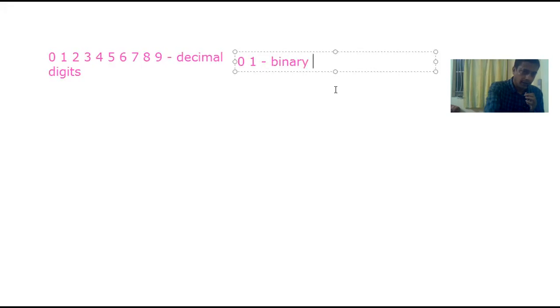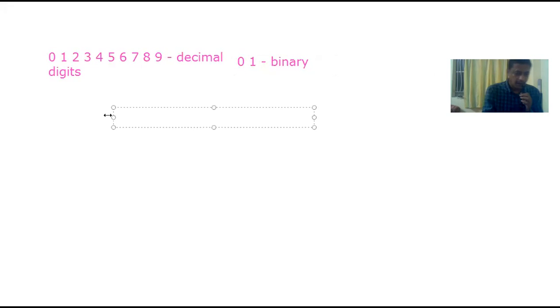Now, if I want to write any number, how do I write it? I write 67. What is the meaning of this 67? 67 is a number. How is this number formed? With a combination of digits from a specific set of numbers. This is simple. You can see the decimal number 67 is created with the help of 6 and 7. They are a combination of digits. Now, how do the digits combine? This is very important.